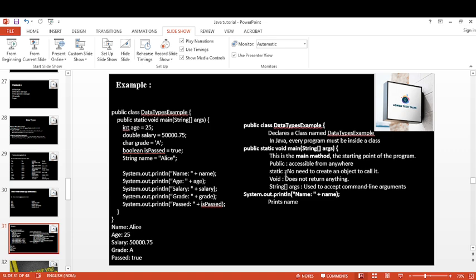Public static void main String. Next, here we have given some of the data types like int age equals 25, double salary equals 50,000.75, char grade equals A, boolean passed equals true or false, String name equals Alice. Here we are printing the following variables like System.out.println of name, age, salary, grade and passed.